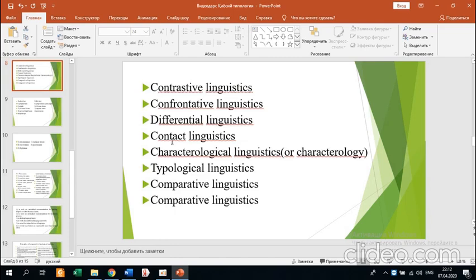Characterology deals with the open list of differential features, but with one closed list of languages compared, whereas typology deals with the closed list of differential features of the languages compared, but with the open list of the languages in comparison. Typological linguistics studies languages irrespective of their origin, areal and kinship, with the purpose of establishing similarities and dissimilarities between any pair of languages, or more than that. The geography, origin, and quantity of the languages compared plays no role